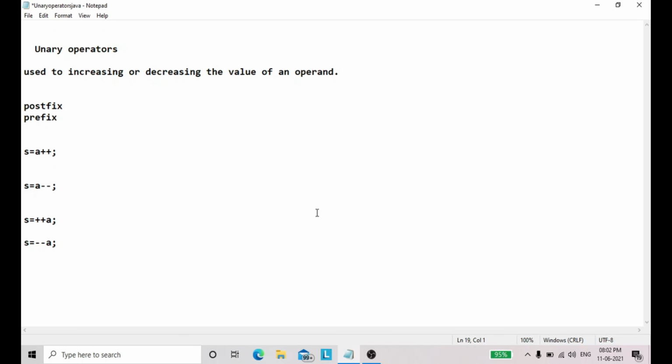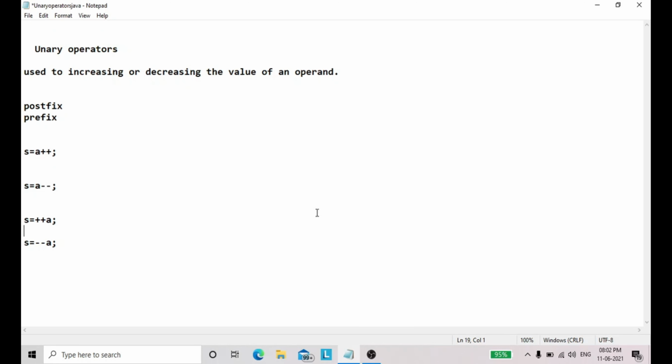Next topic I am discussing is unary operators in Java. We will see what unary operators are and examples of unary operators. Unary operators are used to increase or decrease the value of an operand.